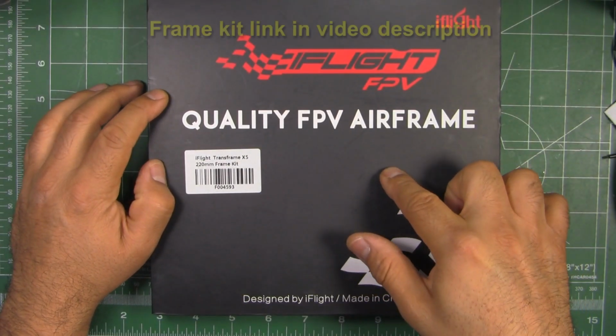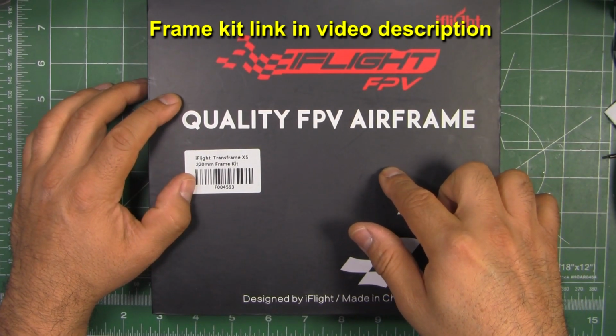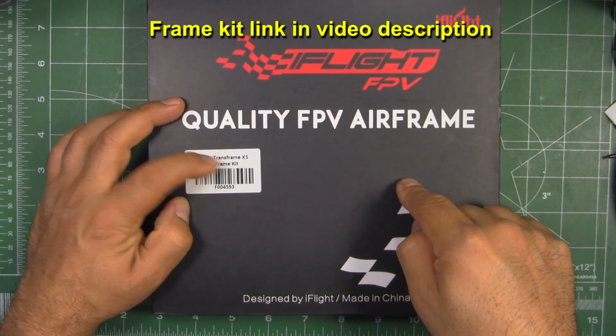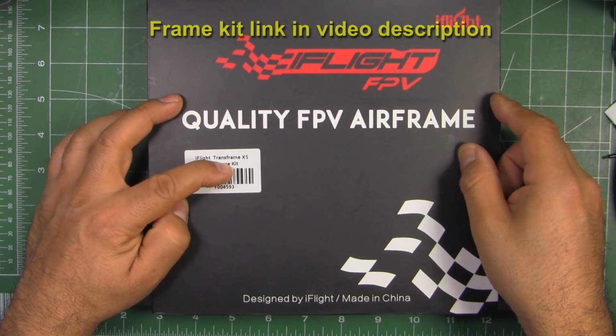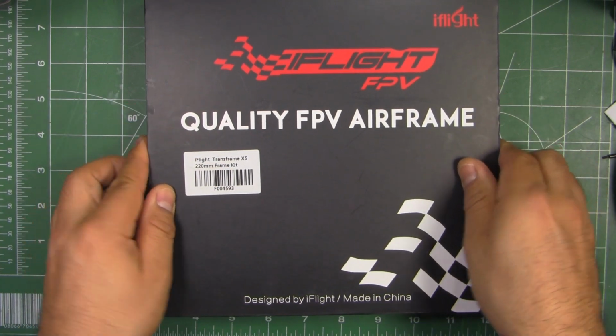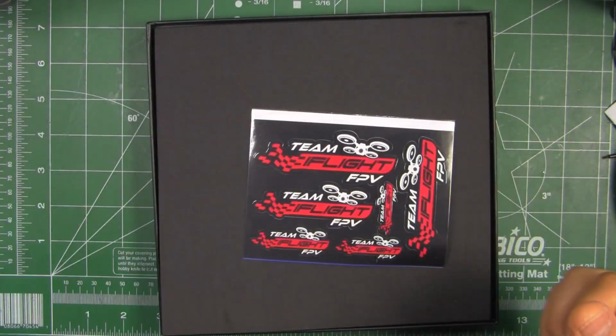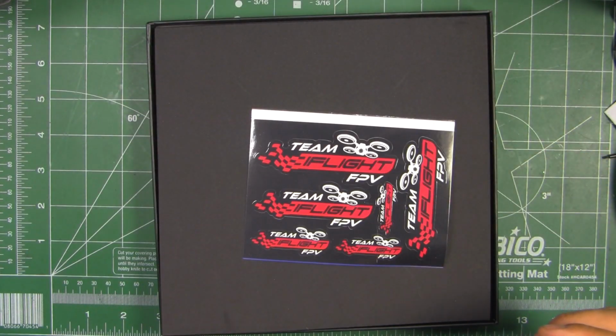Alright, so here we have iFlightRC's latest frame, one of the latest frames anyways. This is the iFlight Transframe X5 220mm frame kit. And as you can see, it comes in a very fancy box, pretty well protected. It's hard cardboard,